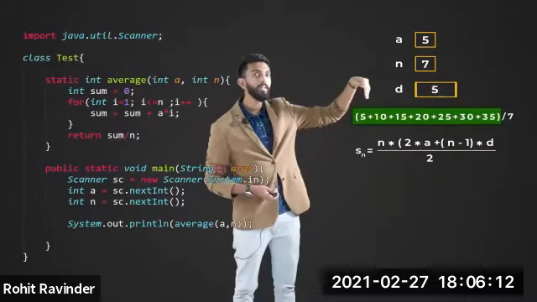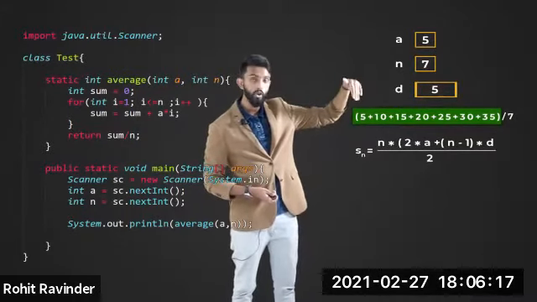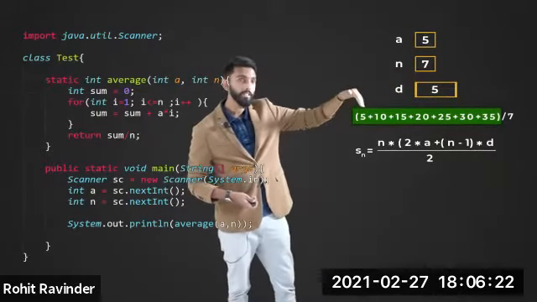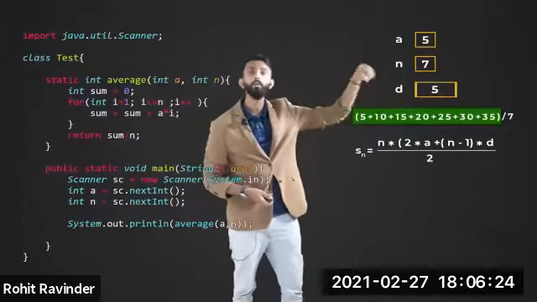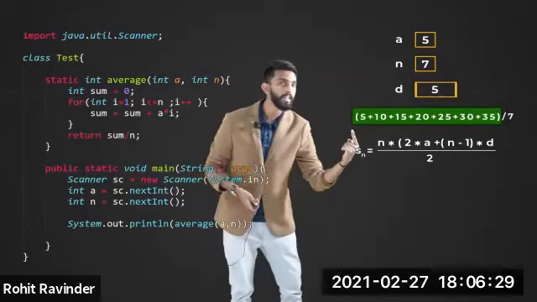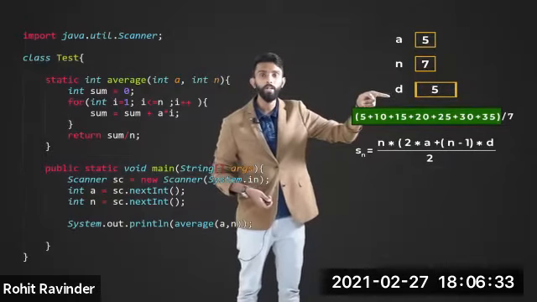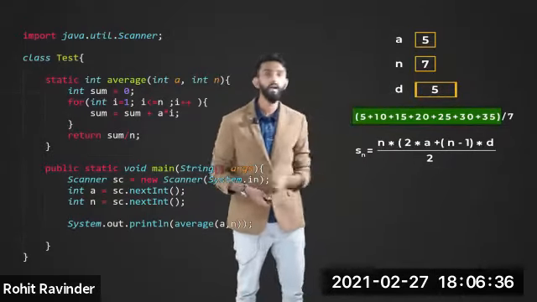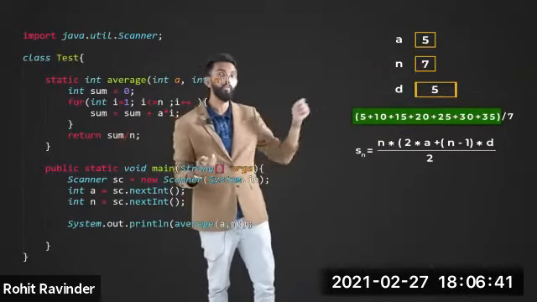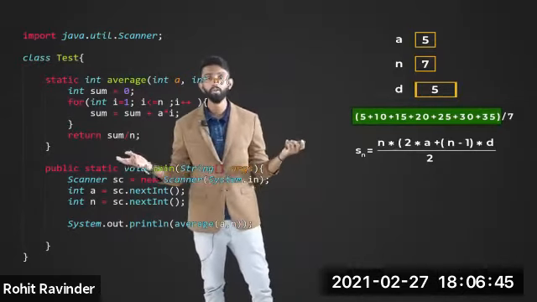Because when you say arithmetic progression, right? When you say multiples, this is not only an arithmetic progression, it is multiples. If it is multiples, it is even easier because the difference between any two multiples at any given point of time is going to be the same, and it is going to be the same as the first number, which is nothing but 5. So you don't have to do any special calculation to find out D. D is equal to A because it is multiples. If it was a general arithmetic progression, then maybe it would not have worked. But because it is multiples, it works perfectly. So D also you found out.